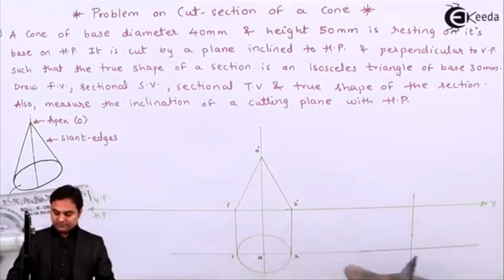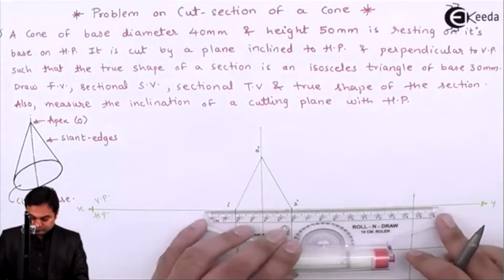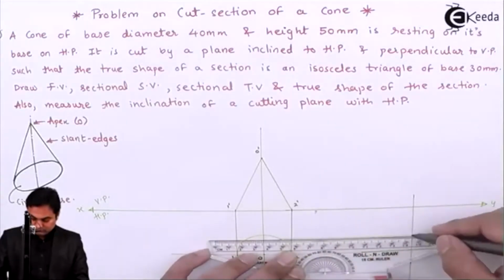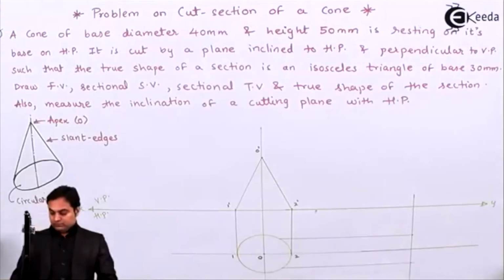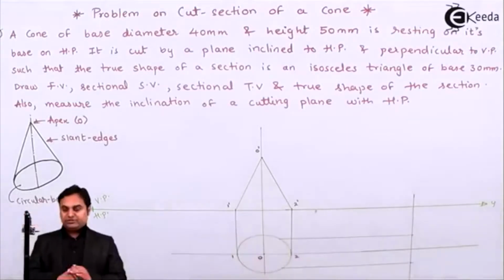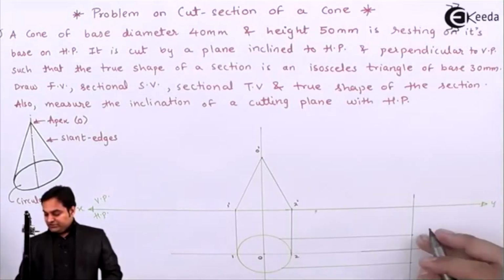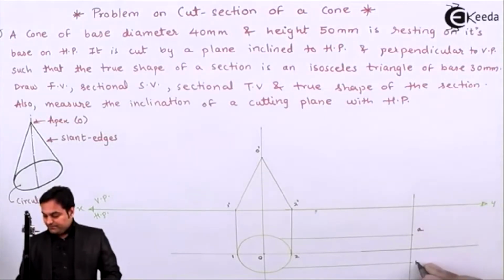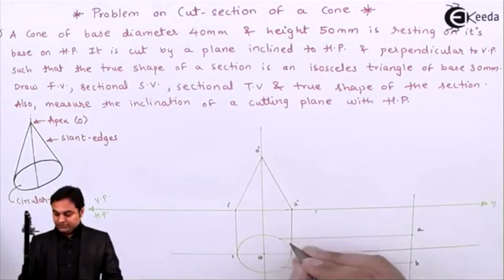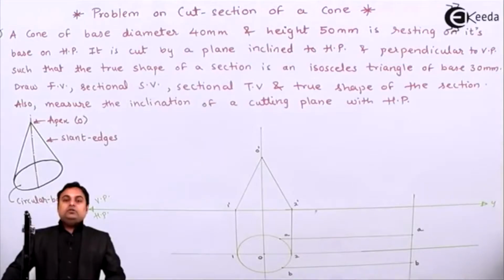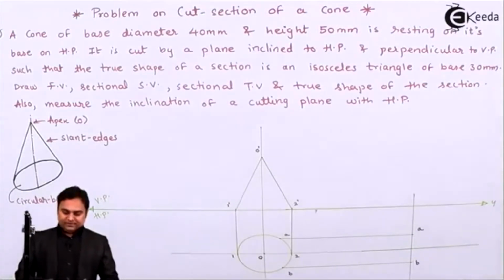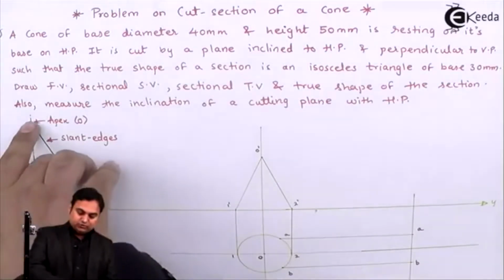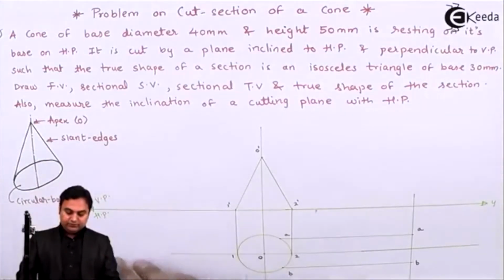Then projecting this base into the cone. So here this base has been projected. I'll give it the notation A and B. So here the points in the top view will be A and B. Now whenever there is a cone and we want a triangle out of that cone, then the cutting plane should be passing through this apex. Then only we are going to get the triangle.